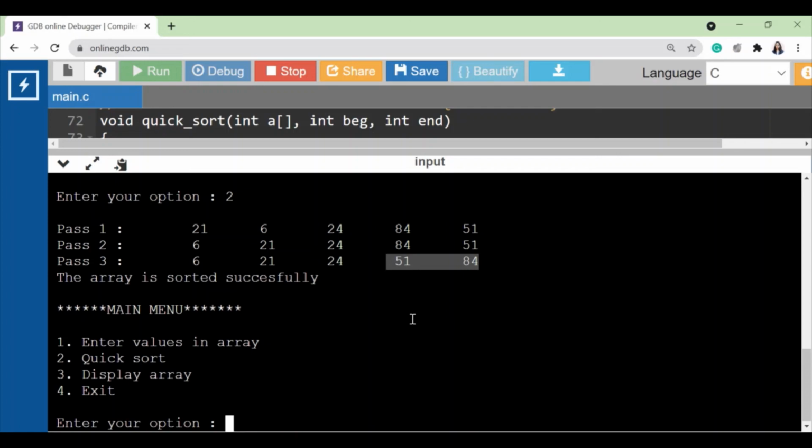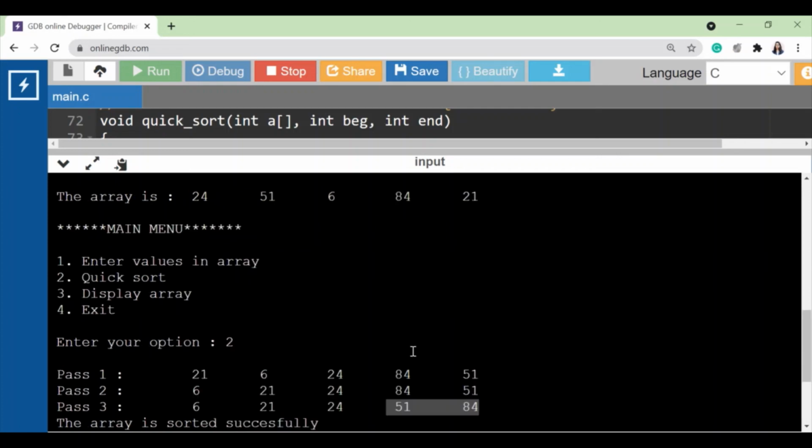So I will give you a little thing to just work on, just practice. What you can do is try running the quick sort for a completely sorted array, or completely ascending array, or completely descending order, and you just try and check how many passes you are getting. If anyone has any idea or hint about how many passes you'll get, please write that down in the